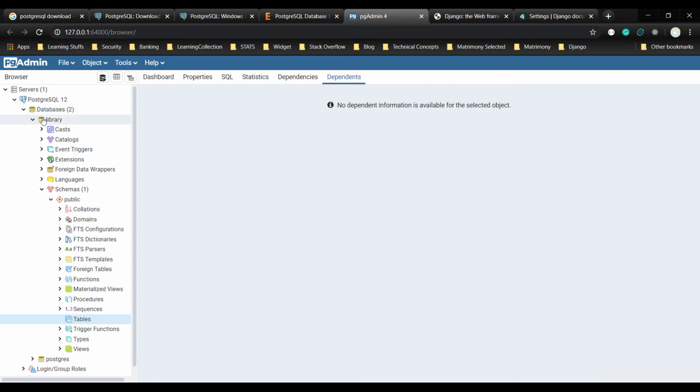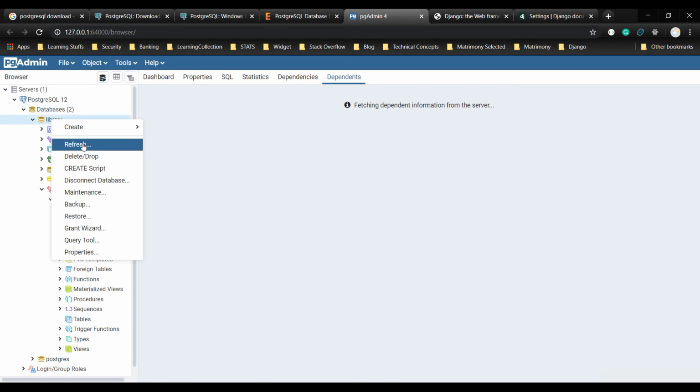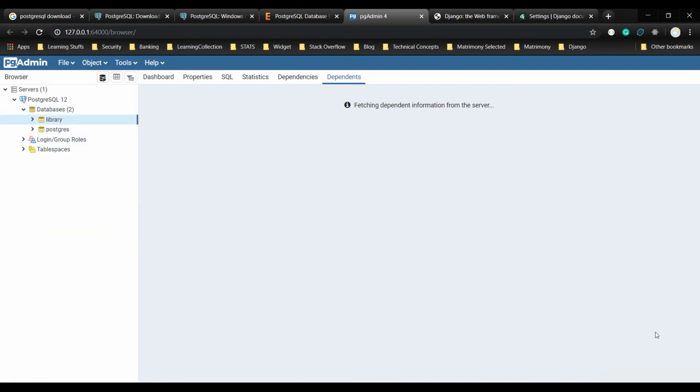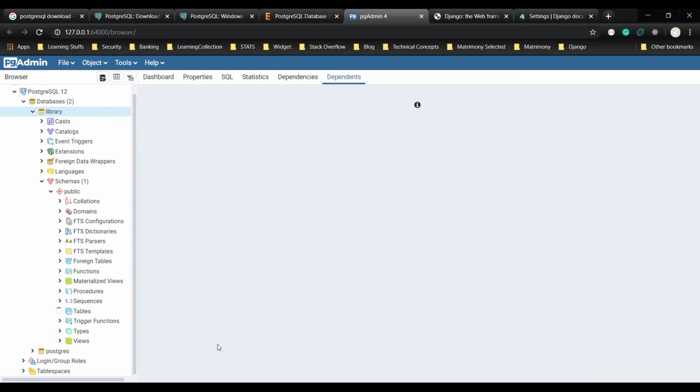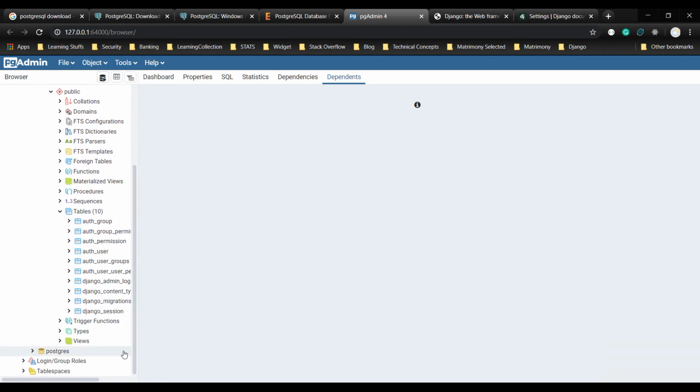So we'll come to our database and refresh it so that we can see our new table information. That is refreshing. Once this refresh is done, we should be able to see all these tables that Django gives out of the box. I think it has created 10 tables: auth group, permission, auth user.